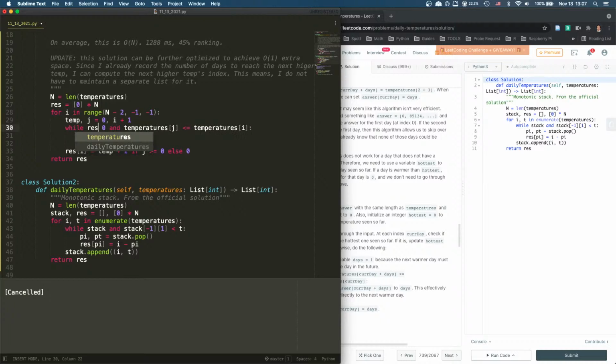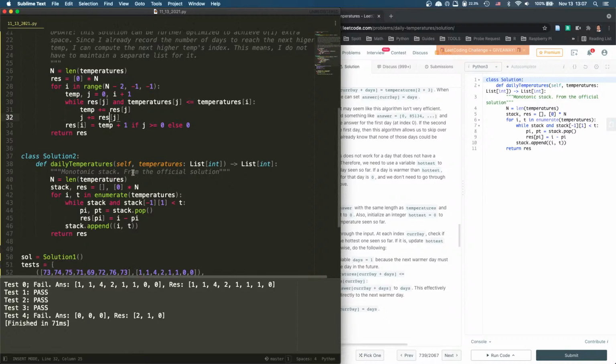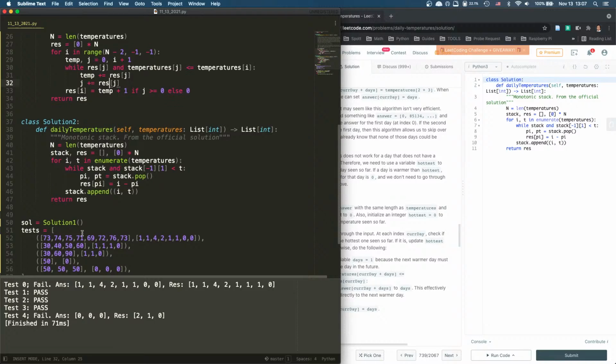So this shall be res j, while res j, and this when we do this. Okay, a little bit wrong. All right. While res j, and this. If res j,